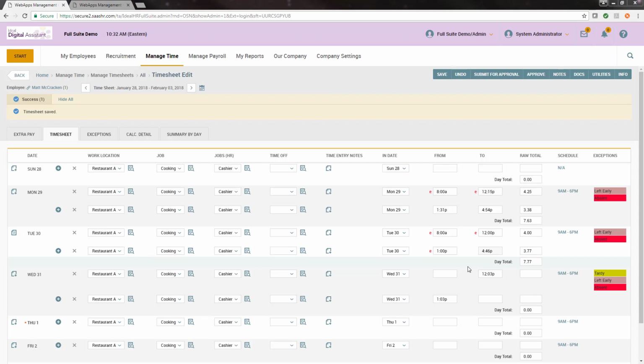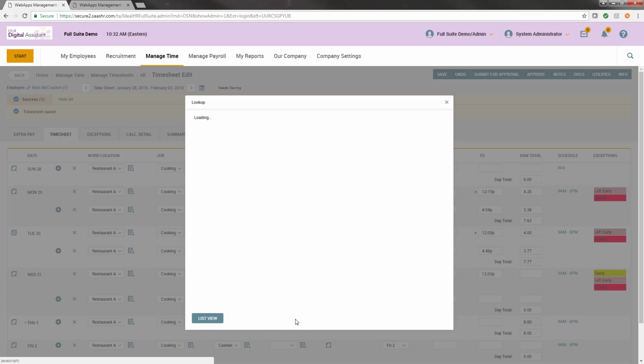Now let's say your employee forgot to request some time off and you need to manually enter time off for the employee into their timesheet. You can do that pretty easily as well. So let's take an example, Thursday the 1st here. In my raw total column, over here on the right, I'm going to just type in the number of hours I took as time off. And then in my time off column, I'm going to select the type of time off. To do that, I'm going to click on the button with the magnifying glass